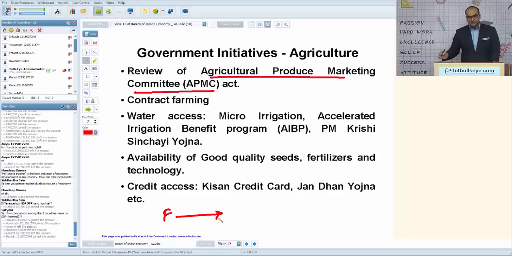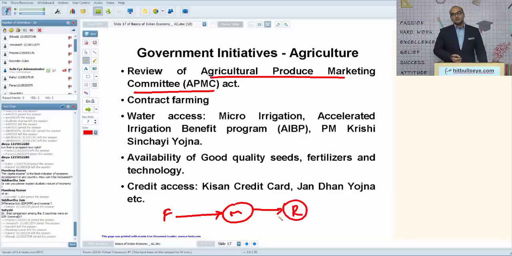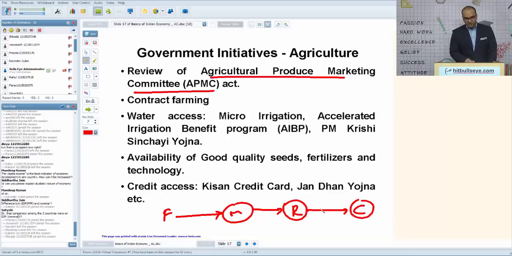If you want to understand this, farmers will go and accumulate their goods at selected places called mandis. And over here, retailers or shopkeepers will buy the produce from the farmers, and you as a consumer will purchase your food from the retailers. Now what we have been seeing in the past is, as far as this particular stage is concerned, it